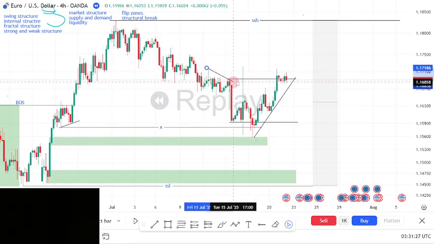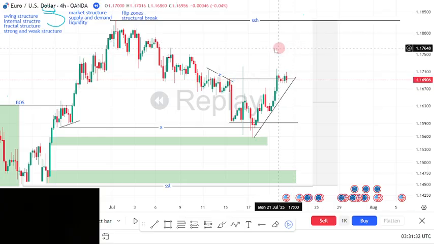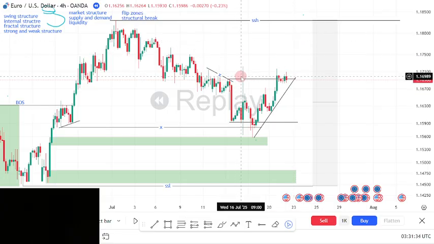When price swept this liquidity, because it didn't close with a candle body, we didn't deem it to be a weak structure. So we didn't deem it to be a strong structure because it failed to close with a candle body close. It was just a wick, right? So when we get to this kind of thing,